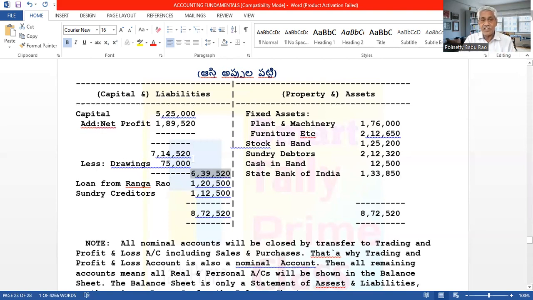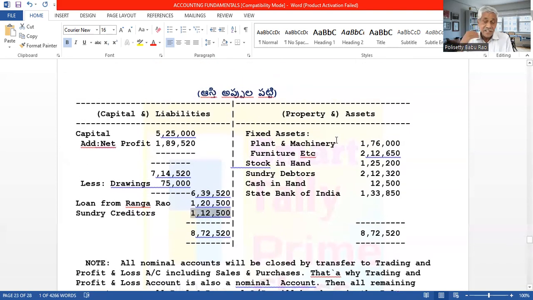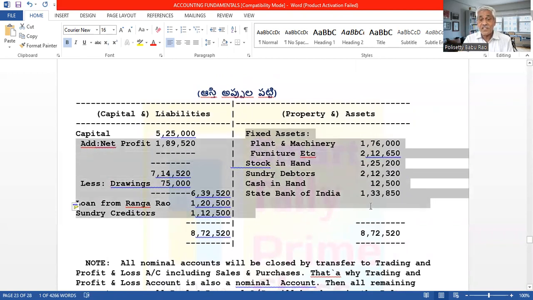But the auditors, what they do is prepare a schedule or annexure. In that they will show the details. So for sundry creditors, they will write all the details: each and every creditor and the balance amount. But here we write the total summary balance. Similarly, on the asset side, first of all, depending on the permanence, see, fixed assets will be